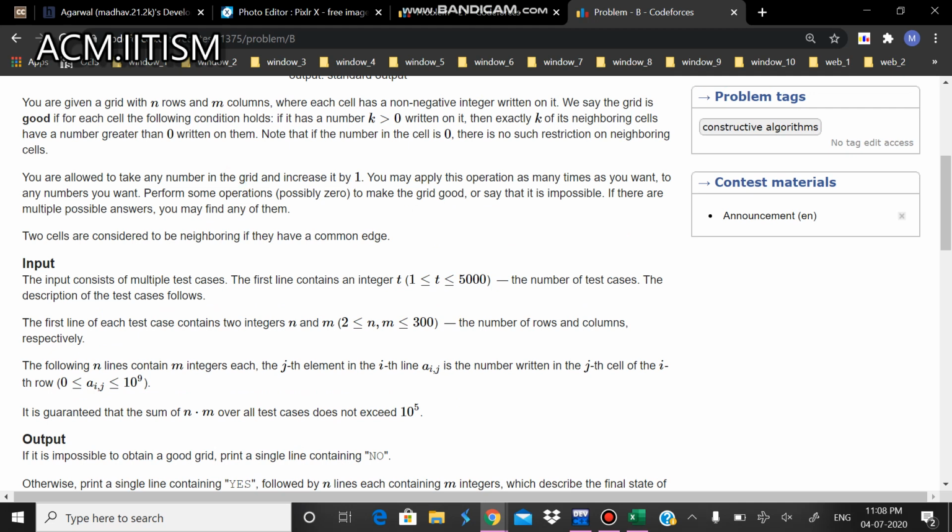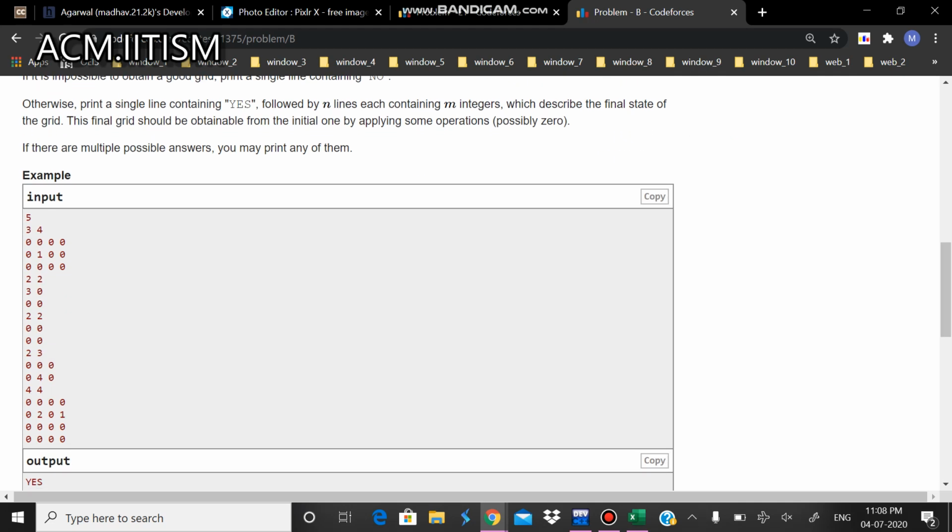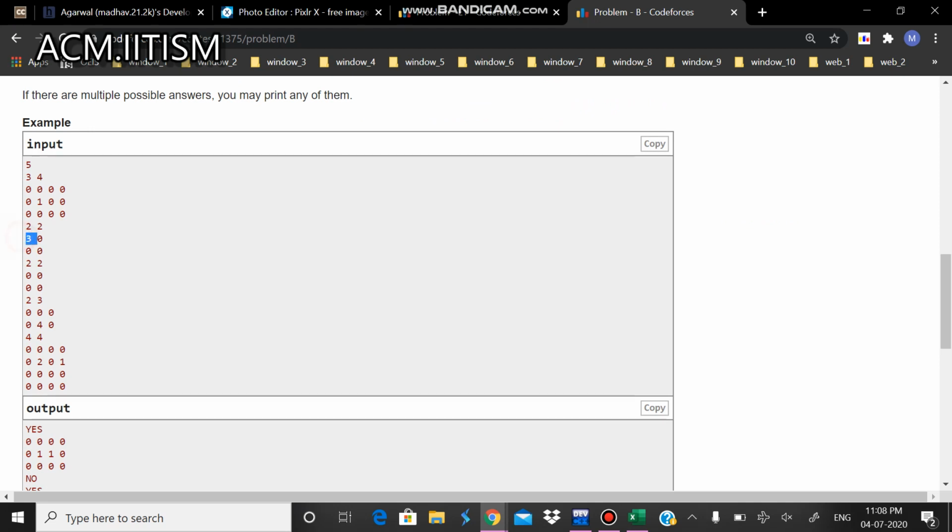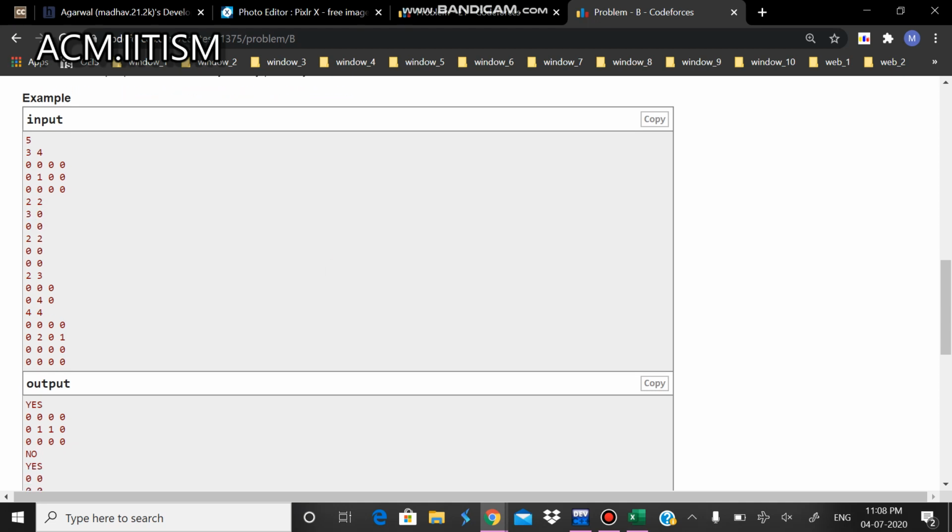I can't subtract anything from it. For example, in this case, my ideal answer should be 2, 2, 2, and 2, because everyone will have two neighbors. But here you can see that a 3 is present. So the answer for this should be no.